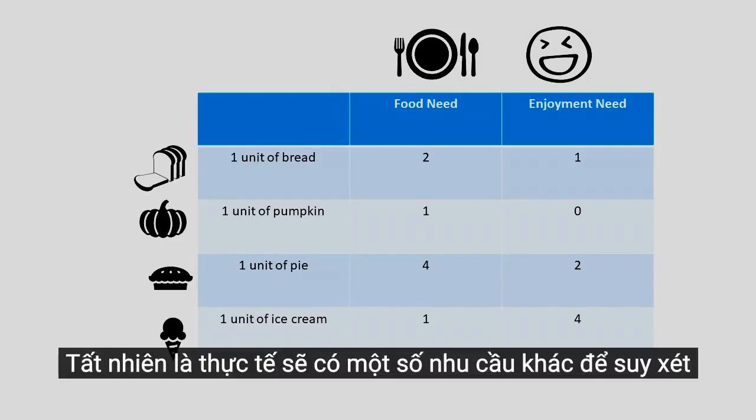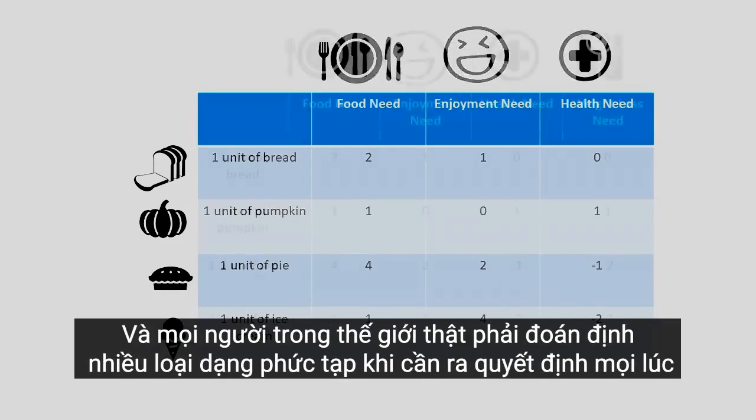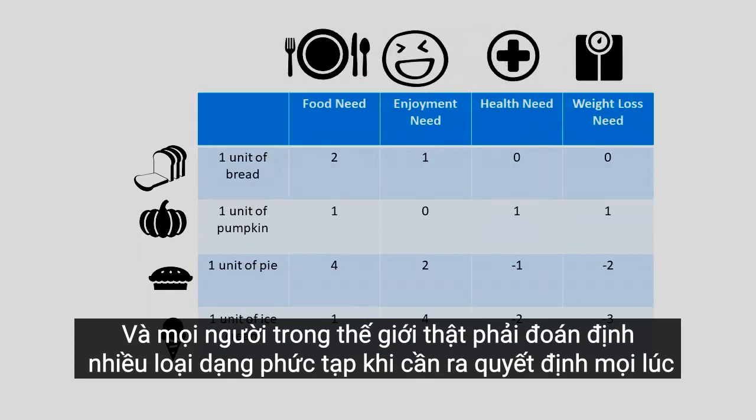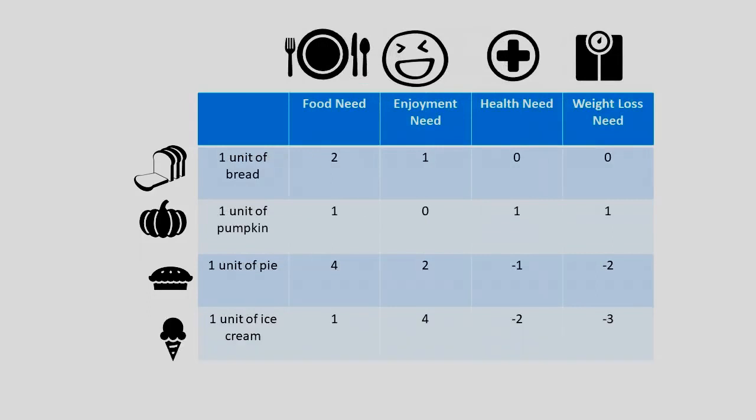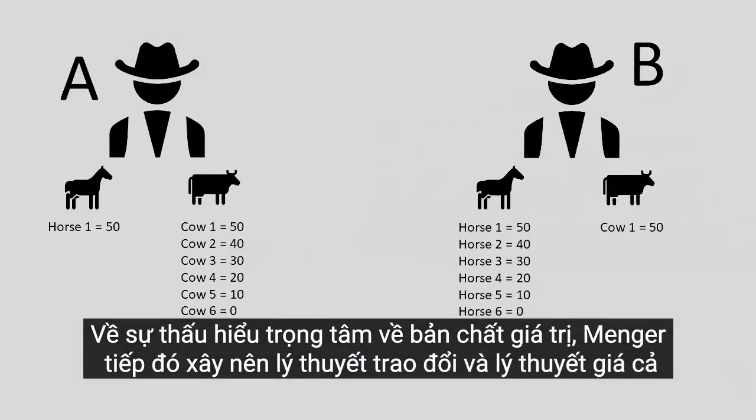Of course, in reality there may be other needs to consider, the health need, for example. In fact, there is no limit to how complex this can get, and people in the real world do weigh up many complex variables when making decisions all the time. From these central insights about the nature of value, Menger then builds up a theory of exchange and a theory